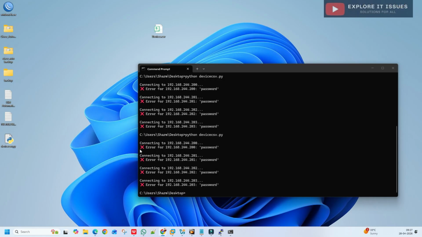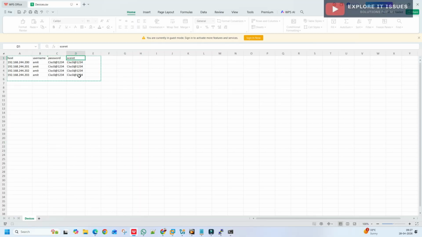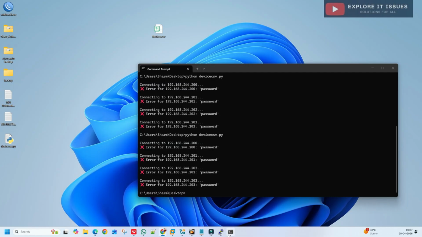We got this error because of the password, so I'm checking my file. I made a typo in secret, SECRET. This one is correct. Now I save again and run the command to check if it is working or not.